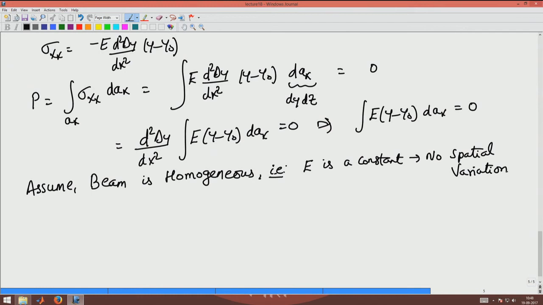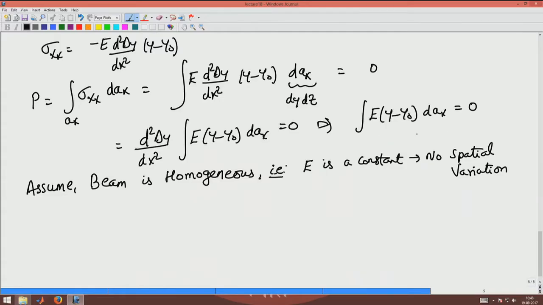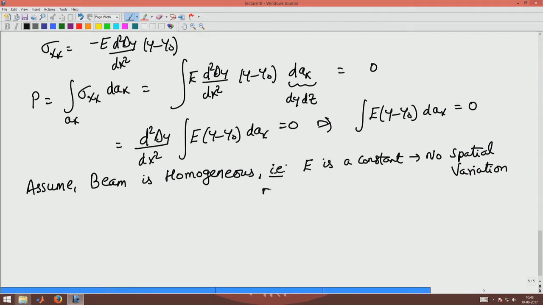Okay. So, I am not considering the case where the beam is made of two different materials, for example, concrete and steel, or wood and steel, wood and aluminum, and so on. I am considering a case where E is the same throughout the beam, and this also means that E is the same in both tension and compression. We will see why I am saying this shortly.